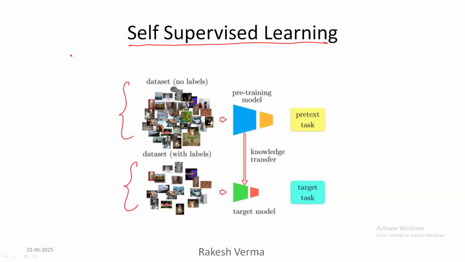We give both datasets to the model, and it performs the pre-training and then gives the target model. So this is the pretext task, and this is the target task. It tries to learn, train and predict the output on the basis of both things, data without labels and data with labels. In this particular context, it performs unsupervised learning, and in this particular context, it performs supervised